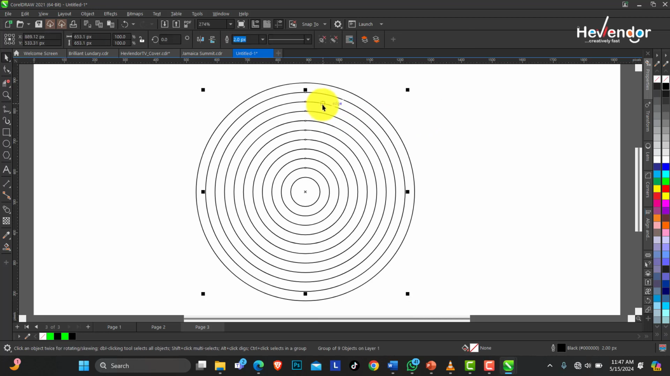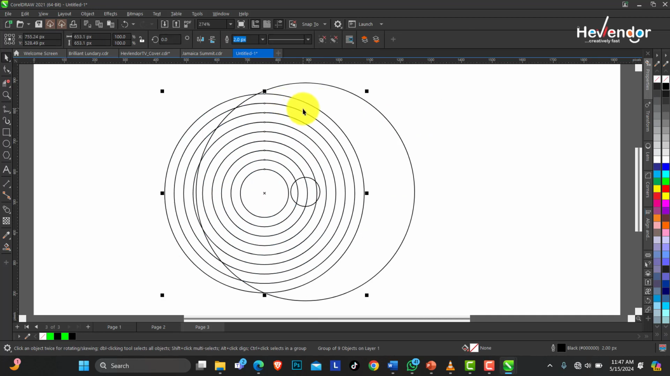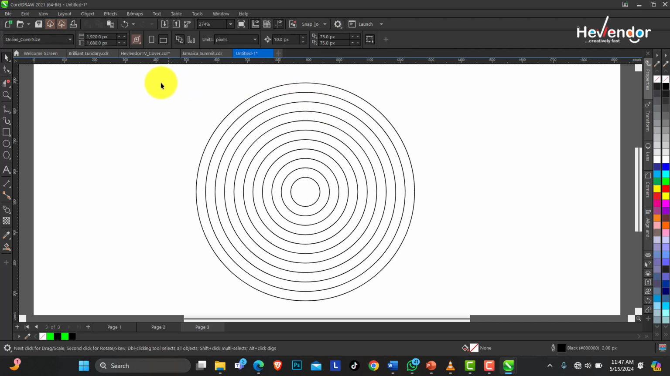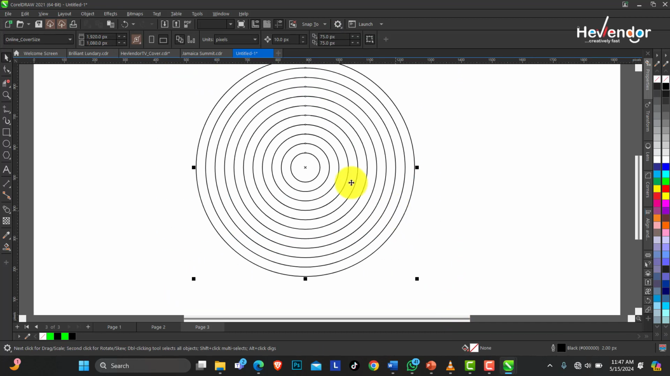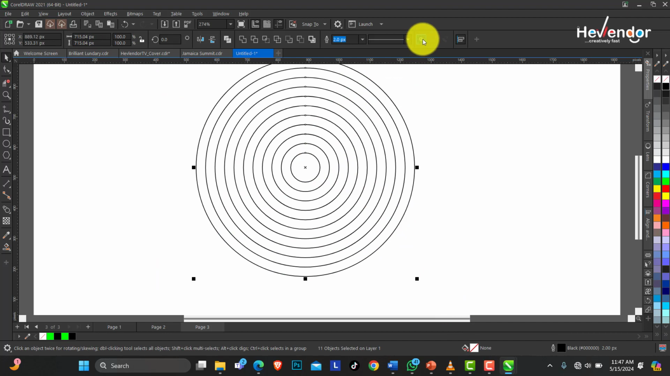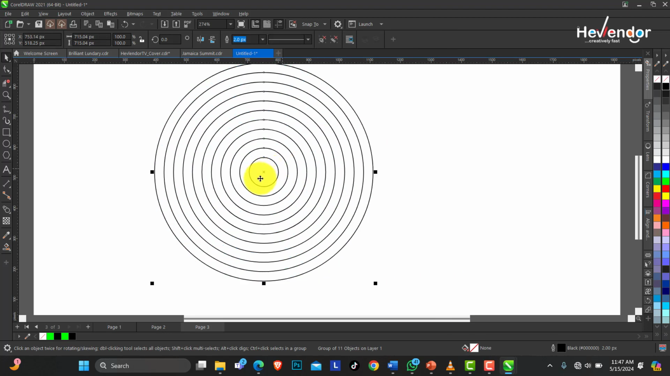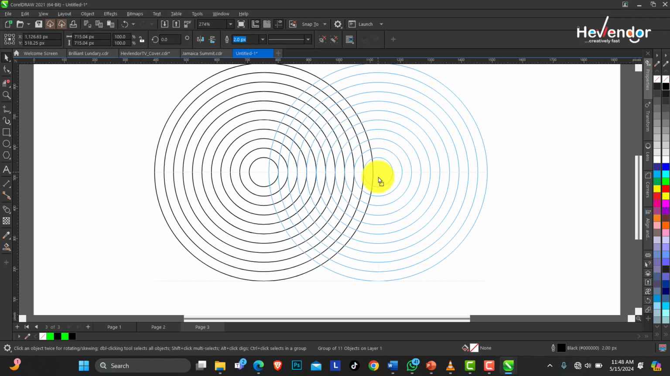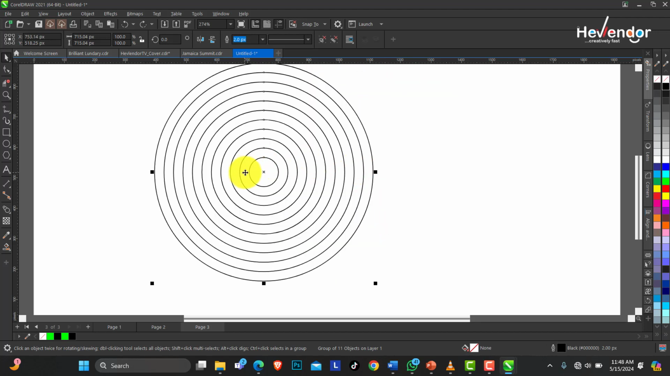When you break the blend apart, you see they are still grouped together. So you can ungroup them, then do a marquee selection. Now just group it so you have one group of objects. Now that you have done this, the next thing you're going to do is to duplicate this circle. You're going to duplicate it in such a way that we're going to have